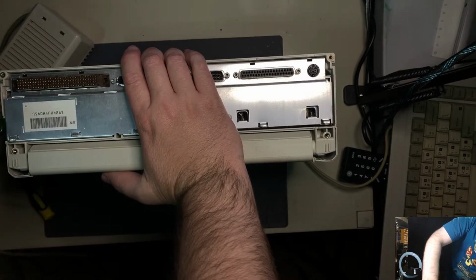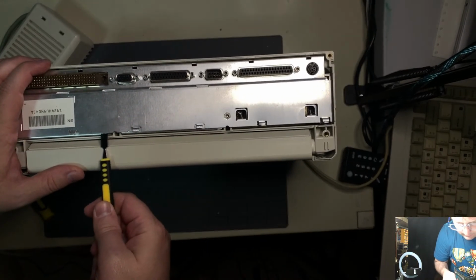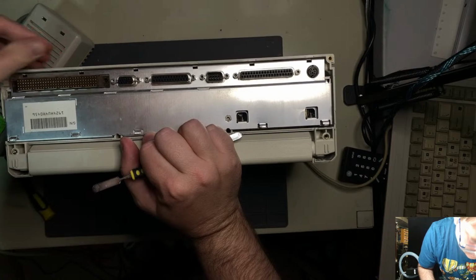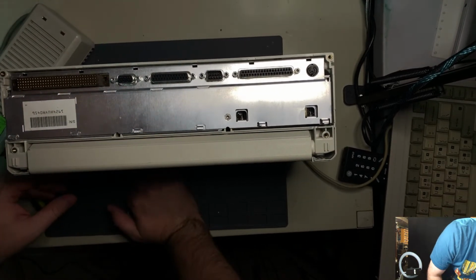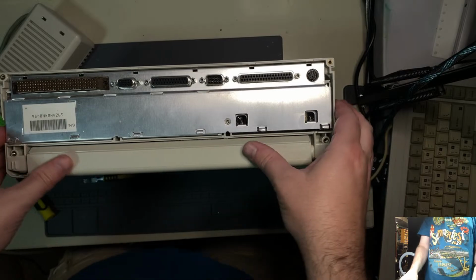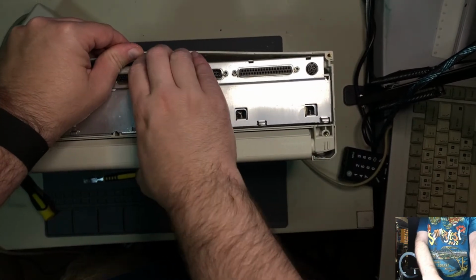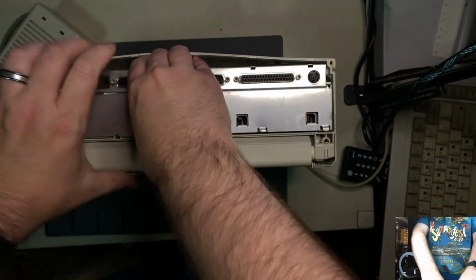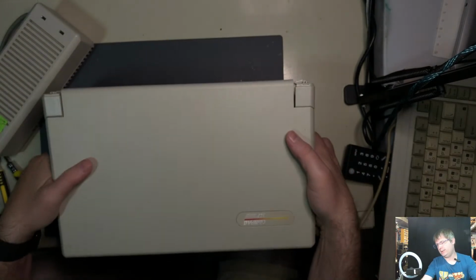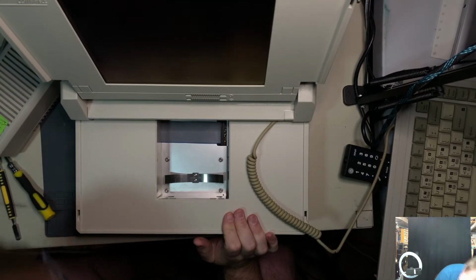It does come out the back. The shenanigans are real. Yeah, this whole unit comes out. I'm just trying to figure out how in the wide world this whole unit comes out. Oh my goodness, I'm going to have to find out what we got going on here. Let's see if this keyboard is a unit that disconnects from the SLT, which it appears